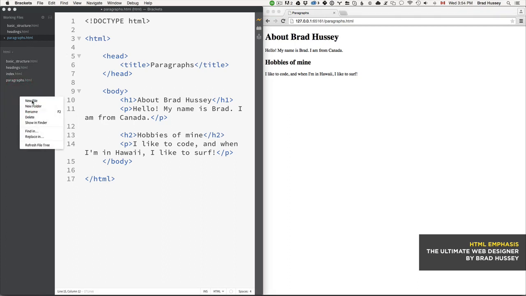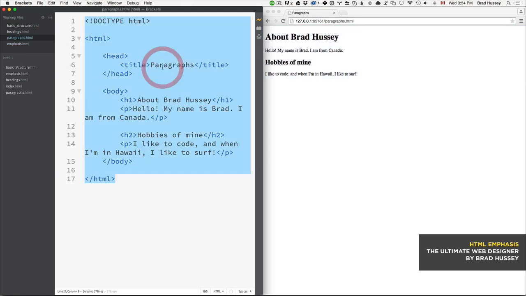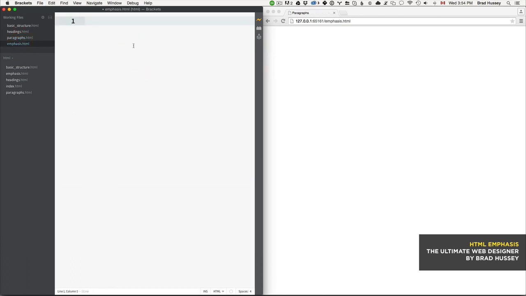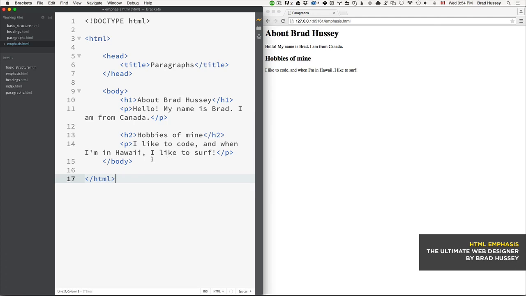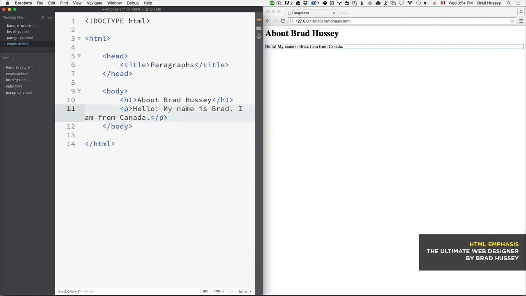folder. Go ahead and call it emphasis.html. And as usual, I'm going to go ahead and copy what we did before in our basic structure or any of the other files, and I'm going to paste it so we can get up and running quickly. Now I'm going to delete just this last section here, H2 and P tags, just so we have this one section here. And I'm going to change the title to